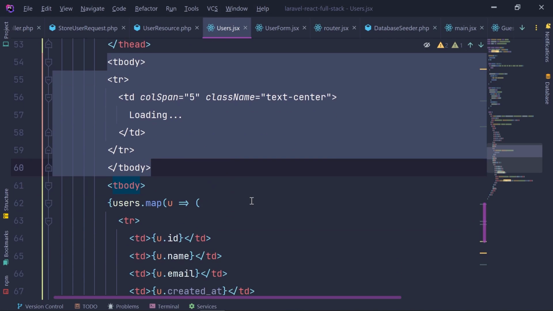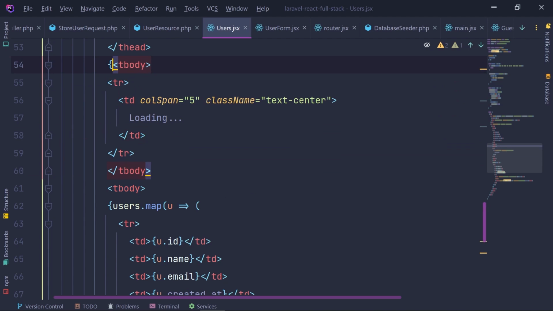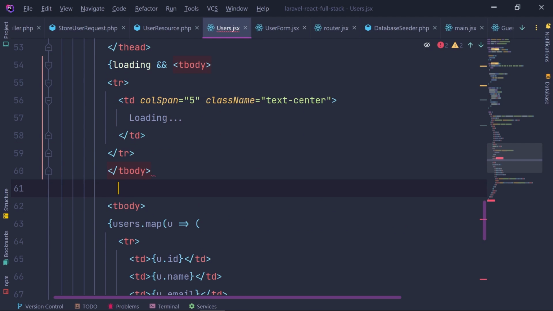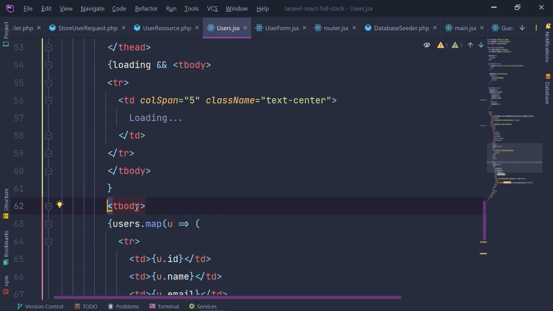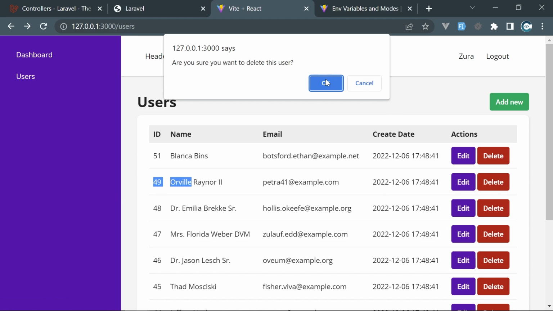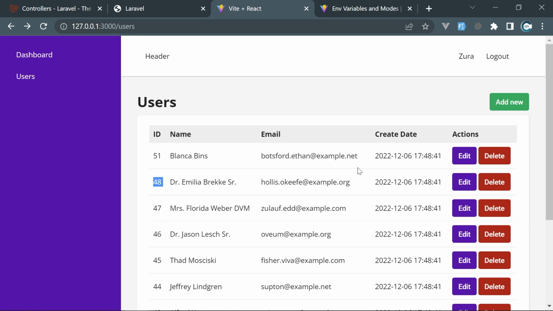Okay, how I can do this? I'm going to use loading. If loading is true, then I show this t-body. Okay, I format the code. And in else case, well, if the user is not available, we can leave this as it is right now. So if I just reload the page, we see loading and the table appears. If I just delete the 49 ID user, click OK, then we see the loading indicator, and then the table,